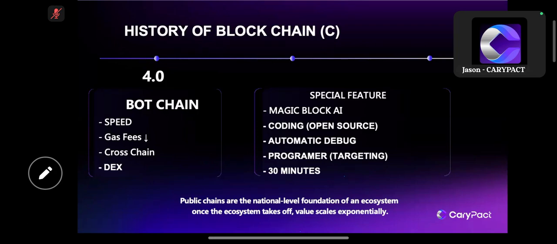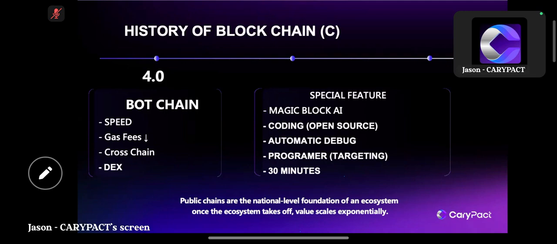As you all know, nowadays all the coding is already open source. You can get the coding details. If you put a smart contract in the av.ai, you can get other projects' source code. So now even the programmers can do a hybrid system whereby they can pick and choose different projects using the open source code and then embed it into our Magic Block AI to come up with a final outcome. These are the major things that we are focusing to promote to our programmers and developers. So this is the first thing.